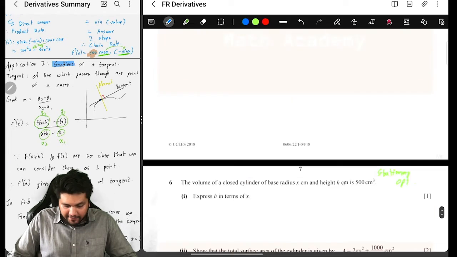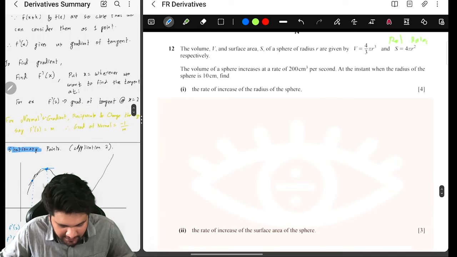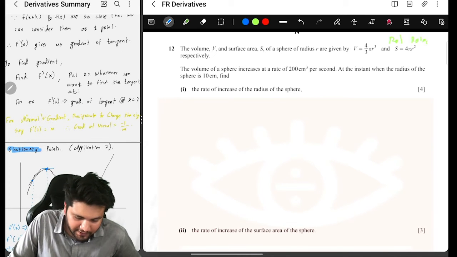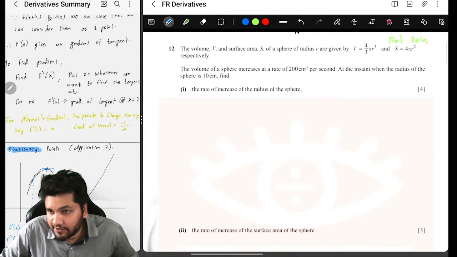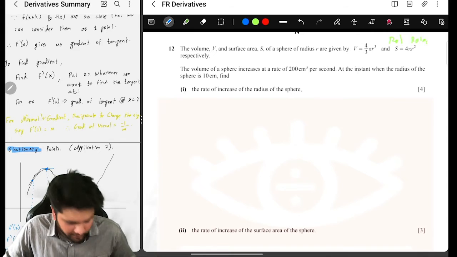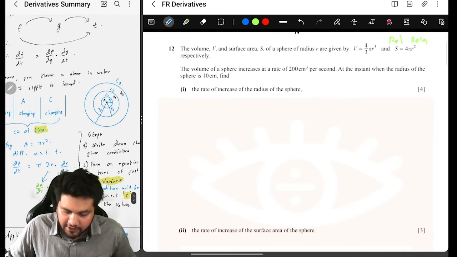The last two questions: related rates and stationary points. Now think about it. The volume V and surface area S of a sphere are given by whatever those formulas. The volume of a sphere increases. Now see, whenever you get this kind of question, better you write the given condition first. The moment I got that the volume of a sphere is increasing at the rate of 200 centimeter cube per second,